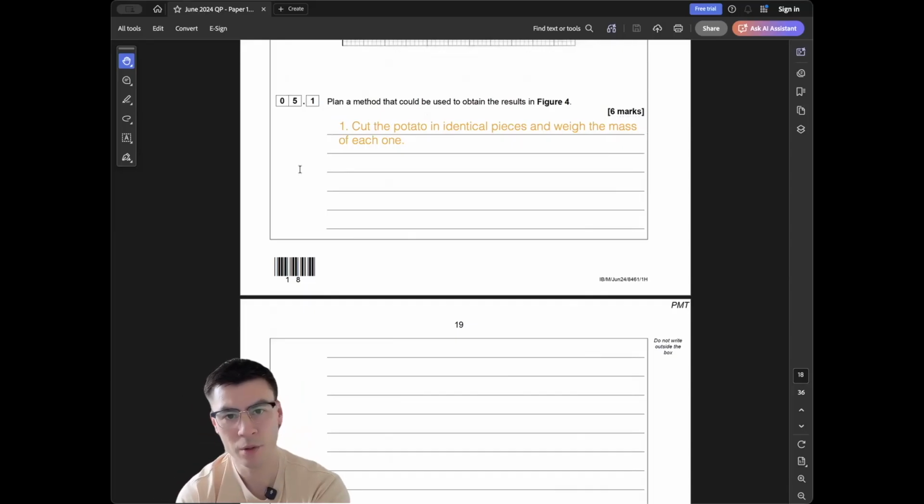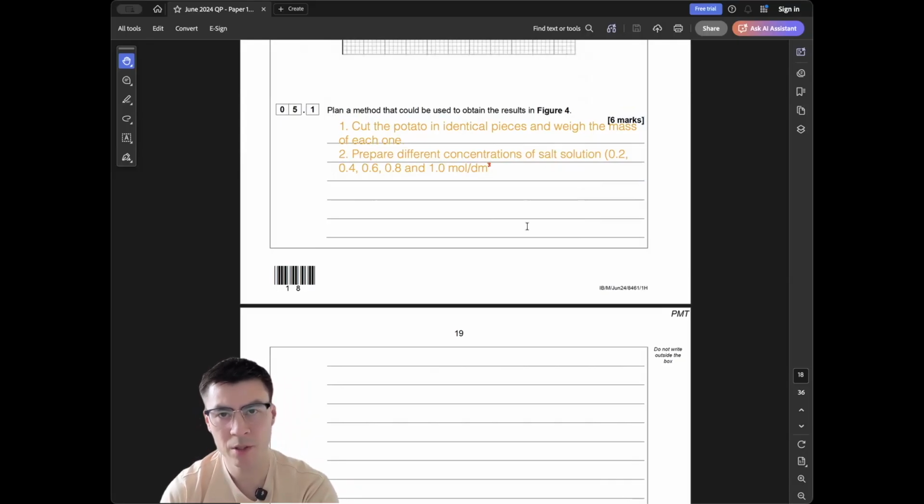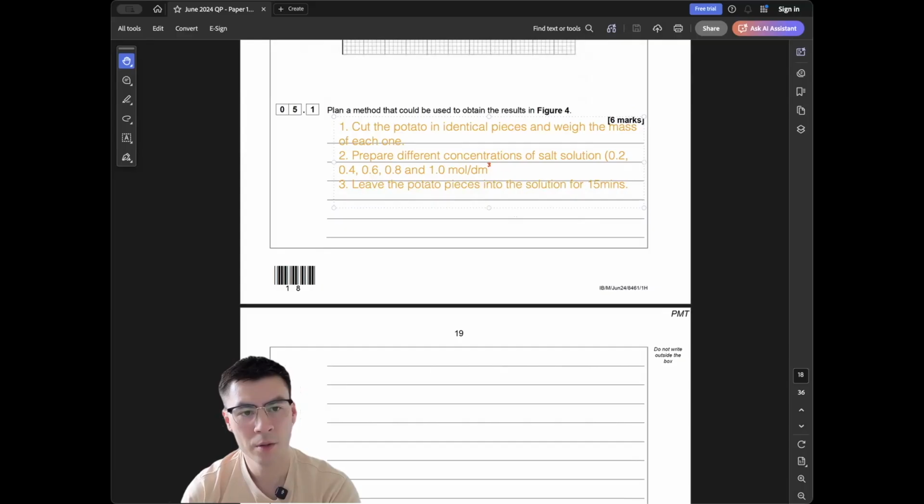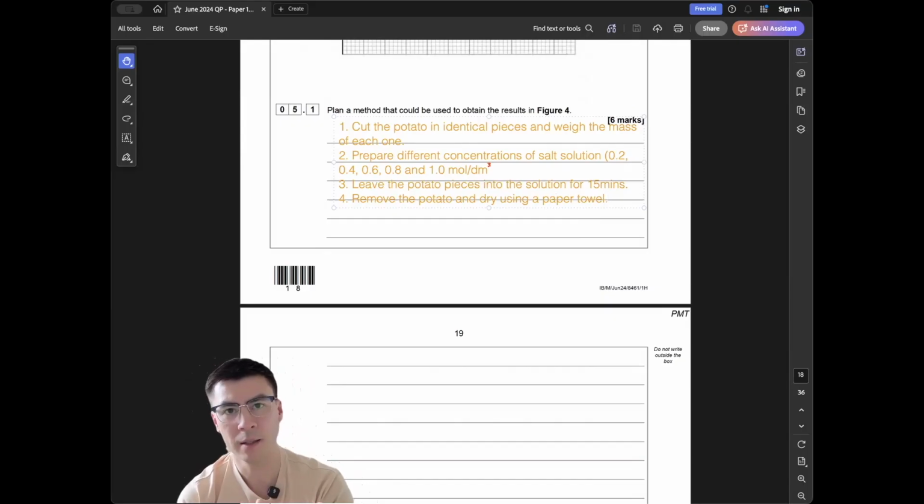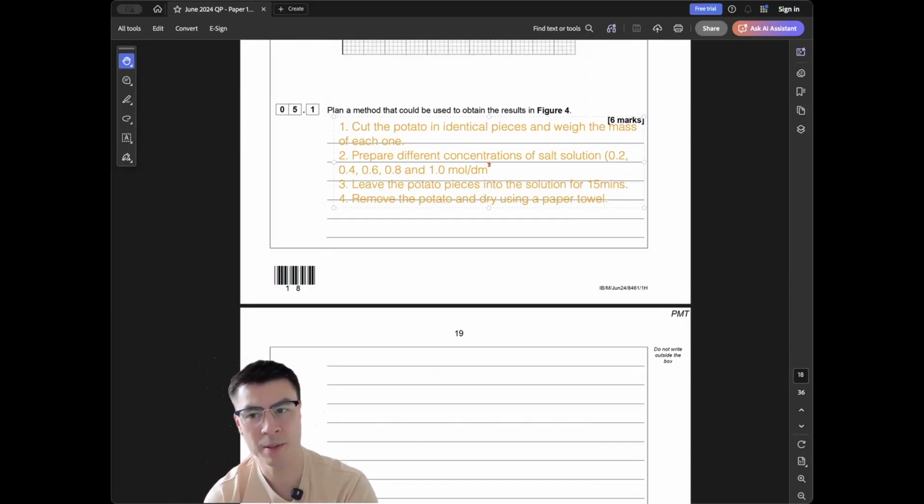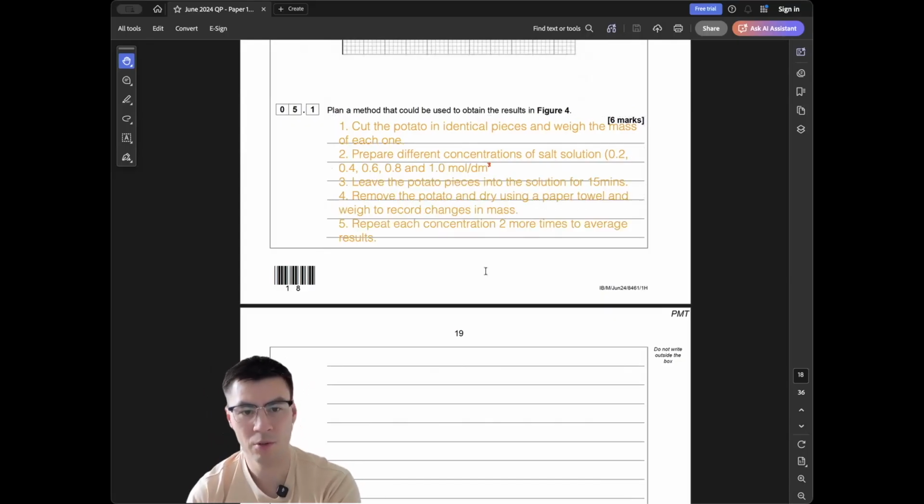OK，咁我哋 plan 呢個 method to obtain the results。咁第一樣嘢就係要攞個 potato 先啦，咁就 cut the potato into identical pieces，係記得要 weigh the mass of each one。OK，the second mark 就係 prepare different concentration of 嗰個 salt solution。你可以 give example 就0.2至到1，跟住 increase 0.2 every time。跟住 number 3，咁 of course 你要擺嗰啲 potato piece 落去，譬如15 minutes。跟住你浸完15分鐘，咁就要攞翻出嚟，跟住 make sure 佢係冇晒啲 water 喺個 surface 度，咁一定要 dry using paper towel，跟住就可以 weigh。跟住 part five 你可以 repeat each concentration，至少2次啦，跟住可以 average